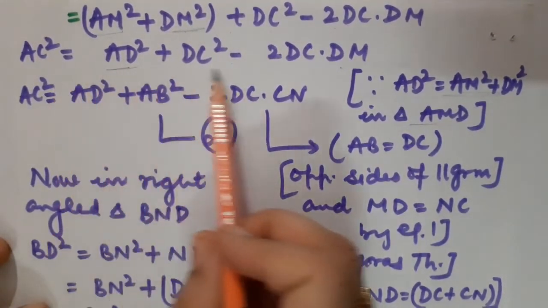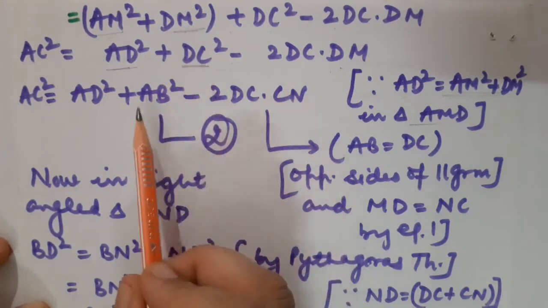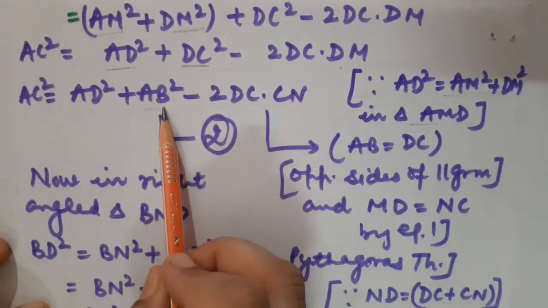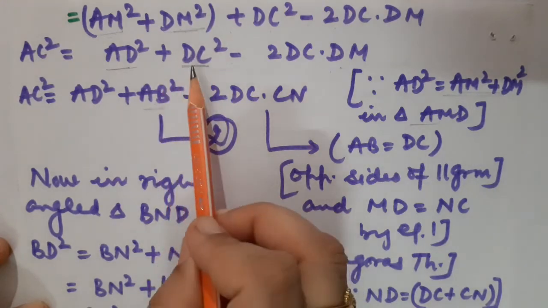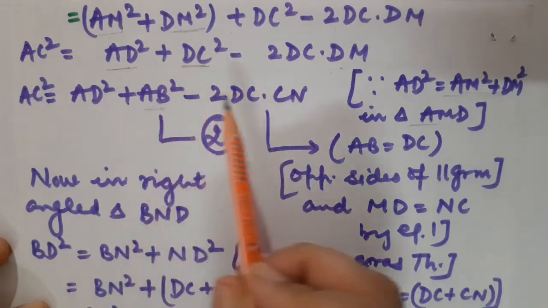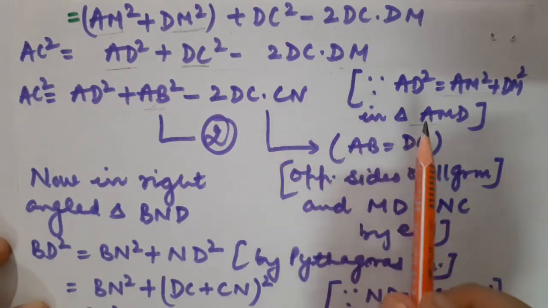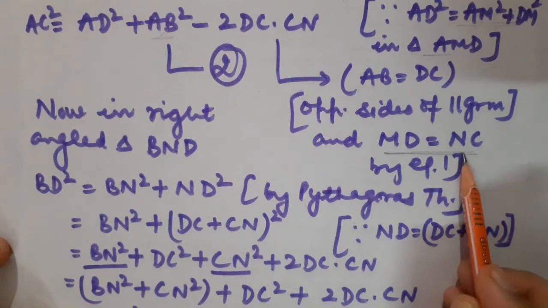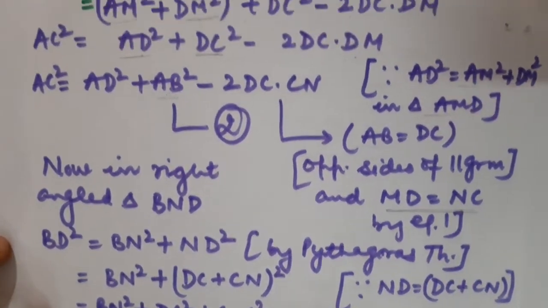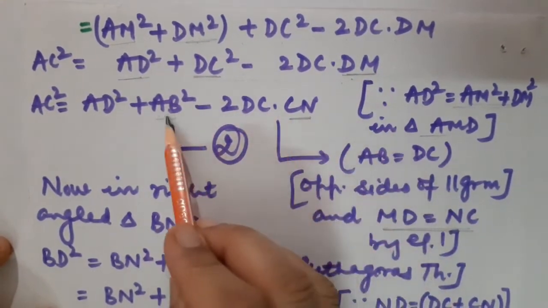Okay. Now, what else have I done in it? Two variations I have brought in this equation. What are those two variations? Number one, DC is the opposite side of AB, so they are interchanged. Why? As I know that ABCD is a parallelogram and its opposite sides are equal, so I have replaced DC by AB. And I just proved that triangle ADM is congruent to triangle BCN, so we reached the conclusion that side MD is equal to side NC. So I am going to replace this MD by NC over here. These are the two changes I have made here.